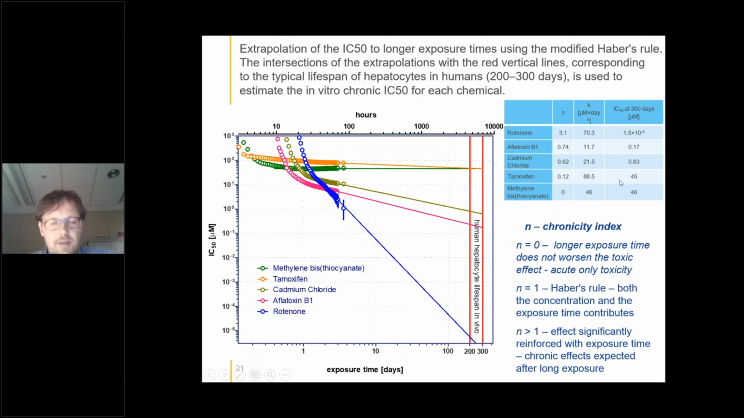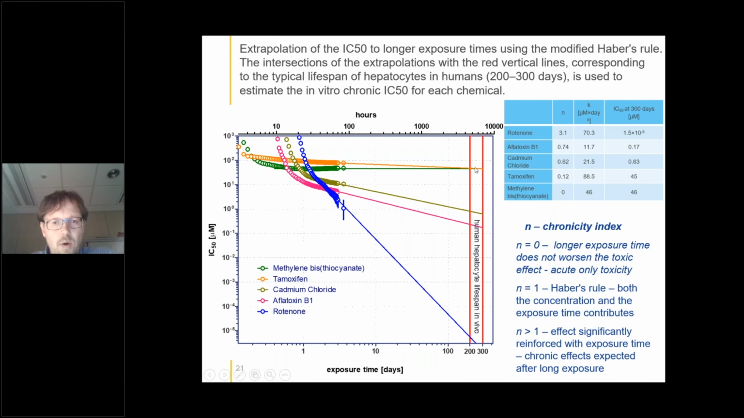And on top of that, we suggest to call the factor n, so the exponential factor in this modified Haber rule, a chronicity index. So if n is equal to 0, the extrapolation is practically horizontal. So whatever the exposure time is, the concentration IC50 would still be the same. So this chemical is not a candidate for chronic toxicity because it seems that the effect is independent of the